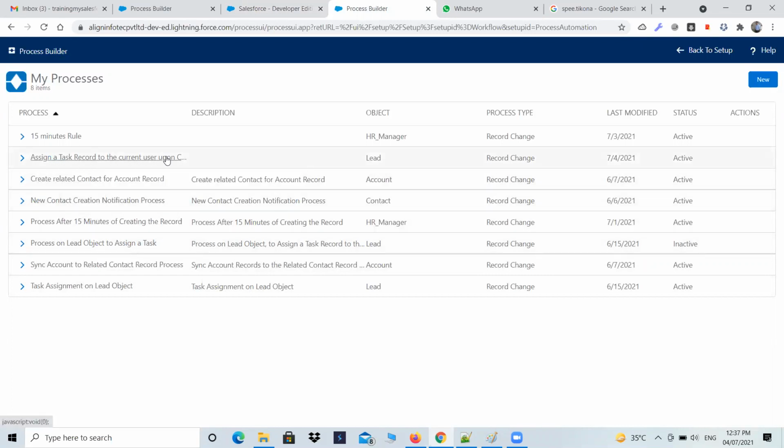प्रोसेस ऑन द लीड ऑब्जेक्ट टू असाइन अ टास्क, असाइनिंग अ टास्क रिकॉर्ड टू द करंट यूजर अपॉन क्रिएटिंग। ये भी लीड के ऊपर है और ये भी लीड के ऊपर है, और एक को डीएक्टिवेट करना पड़ेगा। एक और कोई होगा टास्क असाइनमेंट ऑन द लीड ऑब्जेक्ट, देखो ये भी। बेसिकली क्या हो रहा है, आप देखो यहाँ पर ये लीड पे है, ये भी एक्टिव है, सेम चीज ऑल्सो हैपनिंग विद दिस, ये लीड पर है, ये भी एक्टिव है। ये एक और मैंने बना रखा है, हालांकि ये इनएक्टिव है, लेकिन 2 रूल एक्टिवेटेड हैं, इसकी वजह से हमको समझ नहीं आ रहा था। तो मुझे एक कोई डीएक्टिवेट करना पड़ेगा और फिर टेस्ट करना पड़ेगा।